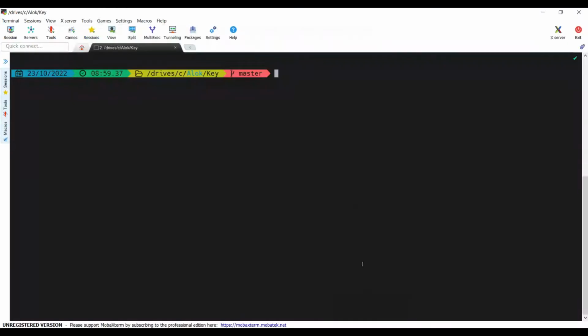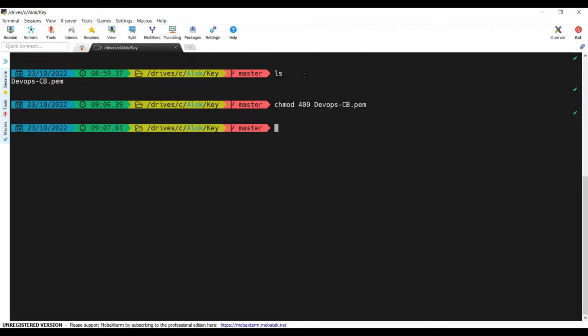Now I have to SSH with the key. I am currently in the same path where I have the key. You can use Git Bash or the command prompt also. I'm using MobaXterm. So here I have to change the mode, chmod 400 on the DevOps key, and then I am going to SSH